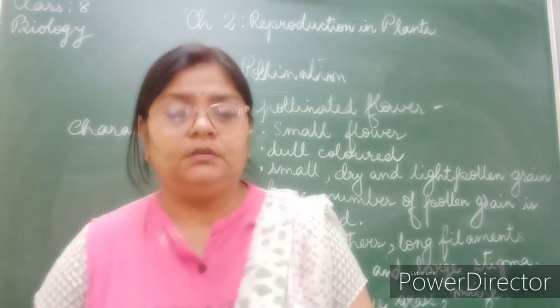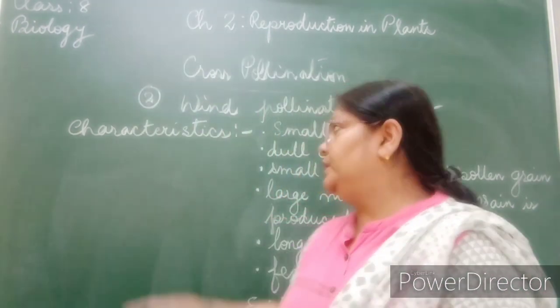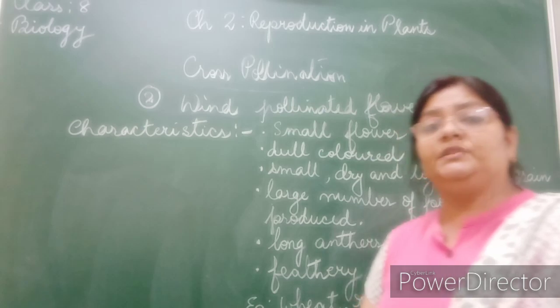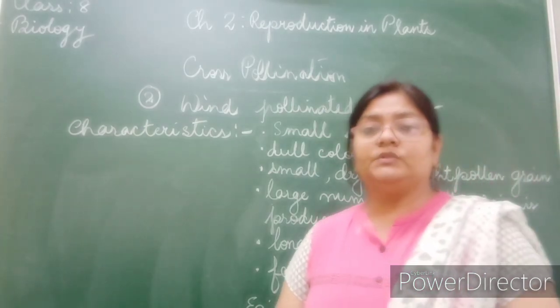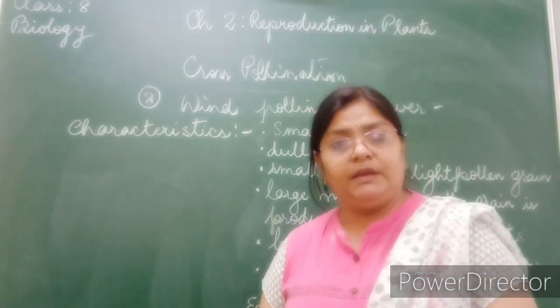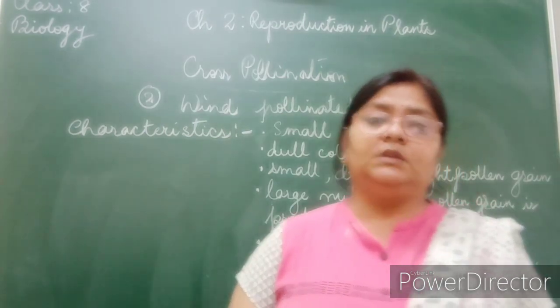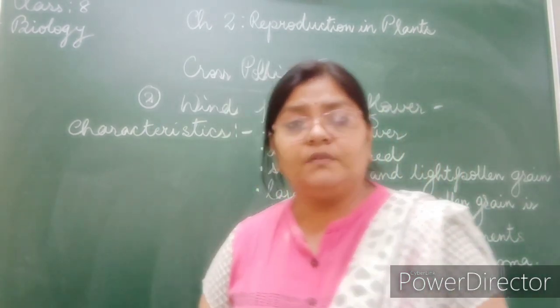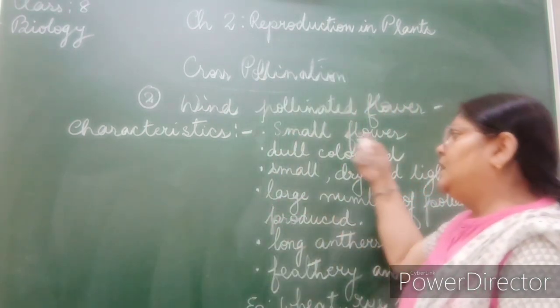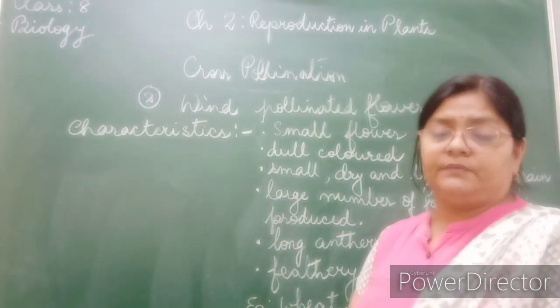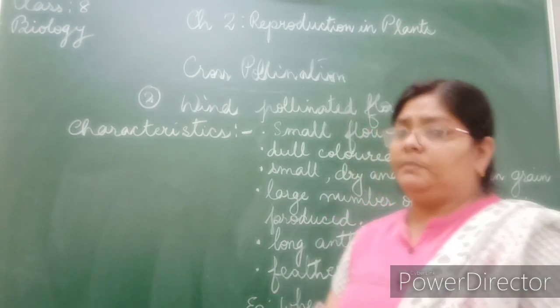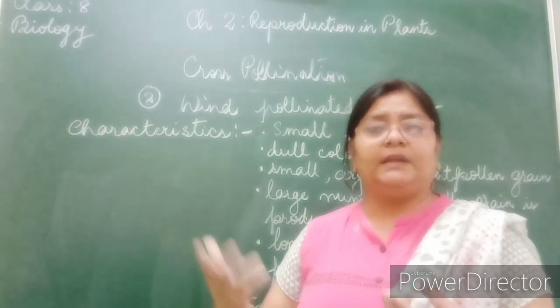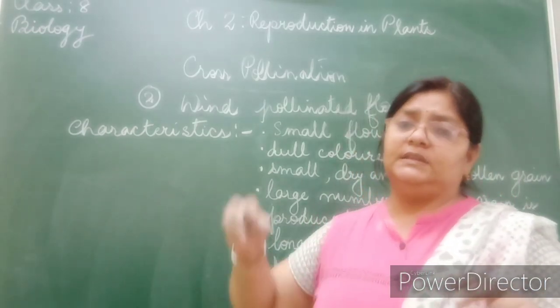The other external agent that helps in pollination is wind. It is a major pollinating agent. So the flowers which are pollinated with the help of wind are called wind pollinated flowers. Now the characteristics of such flowers are that they are normally small flowers. The flowers are small because they do not need to attract other agents, so the wind can easily take away the